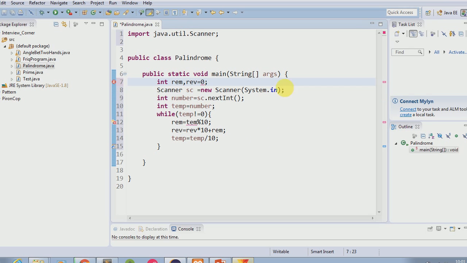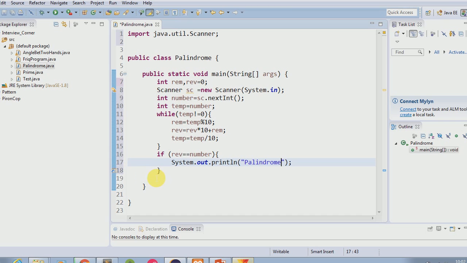Now at the end of the while loop, I'm going to check if reverse is equal to number, then we are going to print palindrome, else.